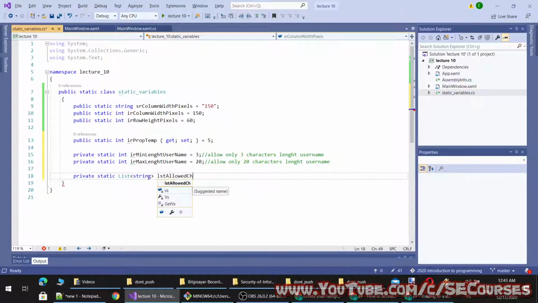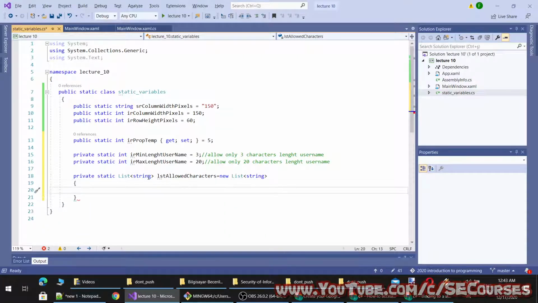Allowed characters, and we can set them as an array. I will show you how to set them. To assign it, I am going to write a constructor. What is a constructor?